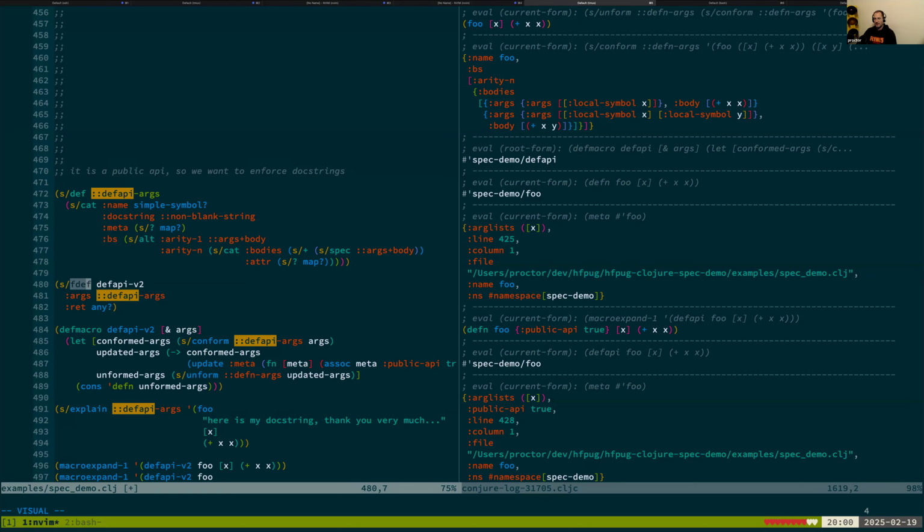So part of this is spec has an fdef, which means you can take a function definition and give it its args. In this case, we're saying the args is our def API args, which looks like the regular function, but instead of being 0 or 1 strings for a docstring, it's going to be a non-blank string. And then the return type is any, because it's essentially a list. I don't care because it's a macro, and I'm going to return more code. So what I can say now is